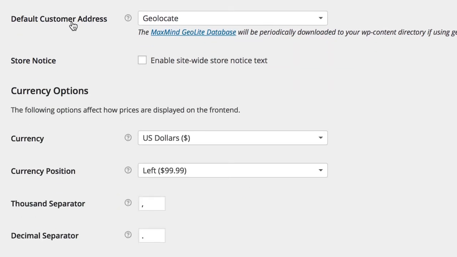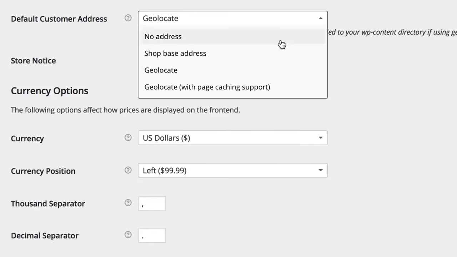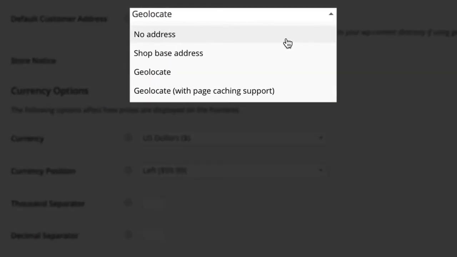The default customer address field helps determine an address to calculate taxes and shipping for before the customer actually enters their address at checkout. You have 4 options in this field. No address, as the name implies, doesn't use any address and requires customers to enter their zip code to calculate shipping and taxes from. Shop base address, this will use the base location of your store to calculate taxes and